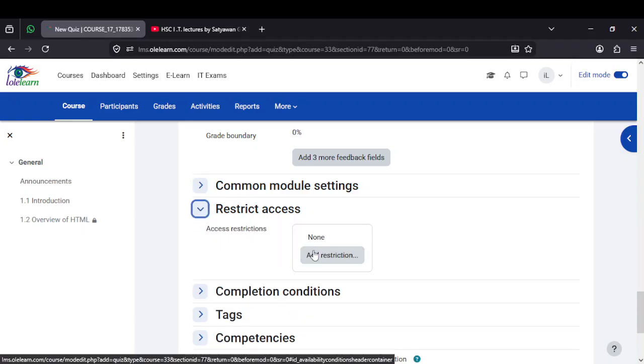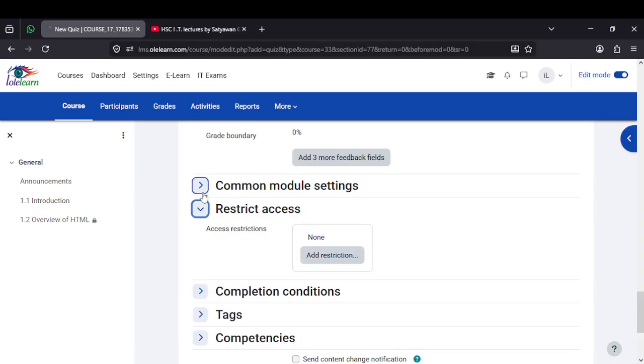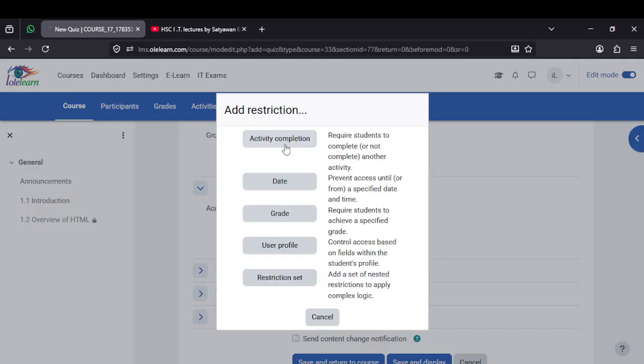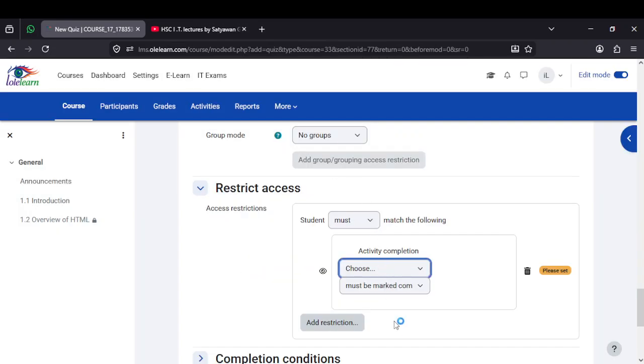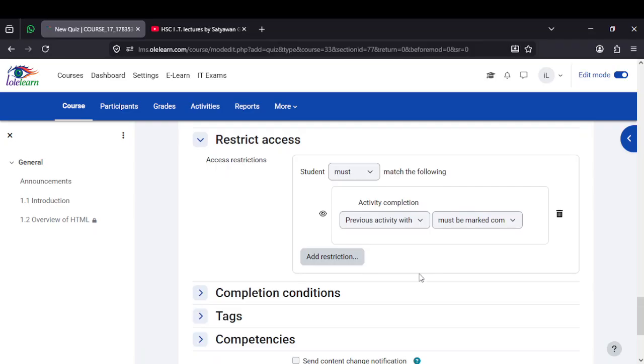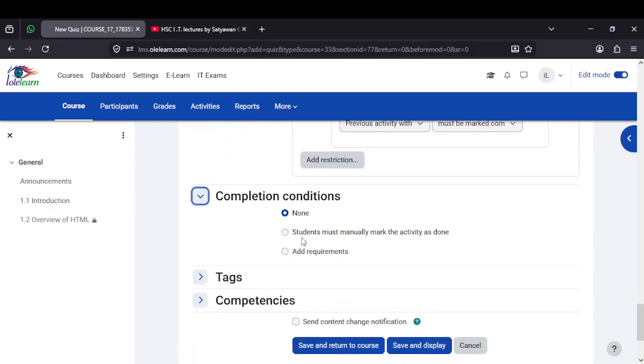Restrict access. Now I want to make sure that this second 1.2 video is also seen by that learner to unlock this quiz. So for adding that restriction, I will click on add restriction, click on activity completion. I'll select the previous activity, which must be marked complete. Then completion condition, student must,